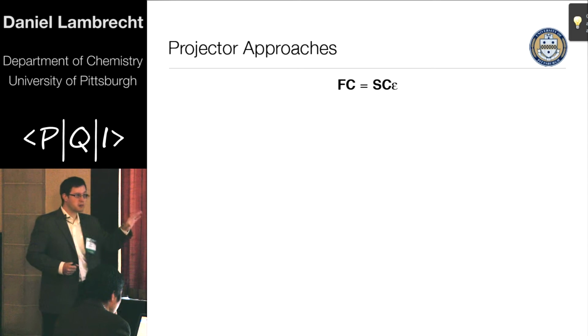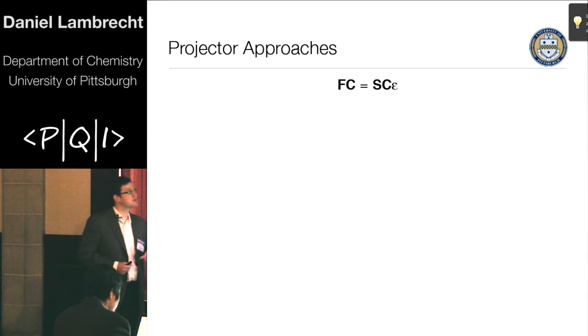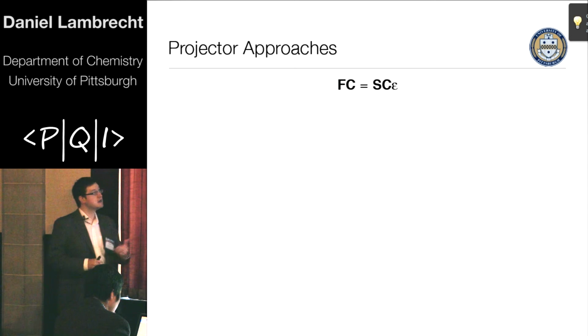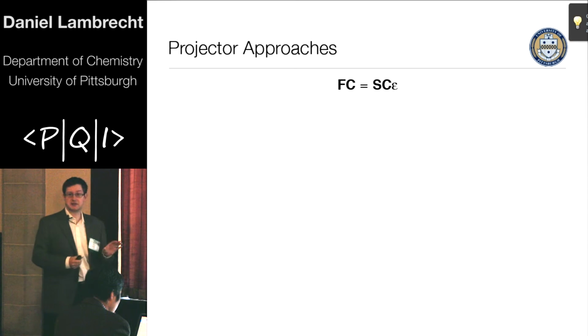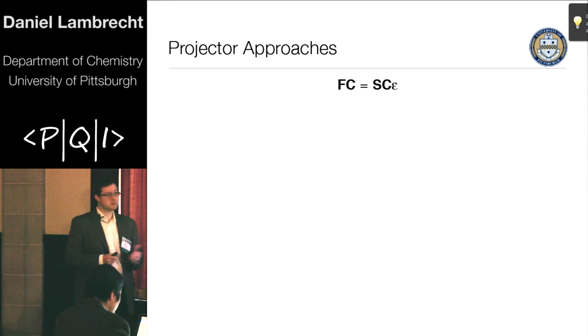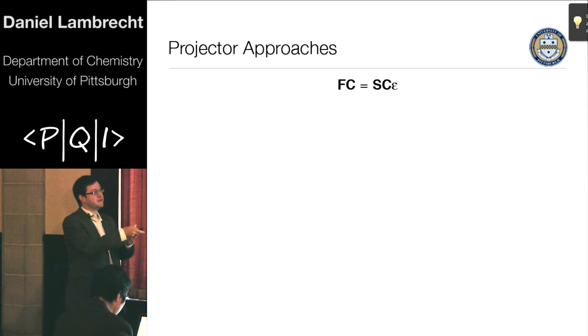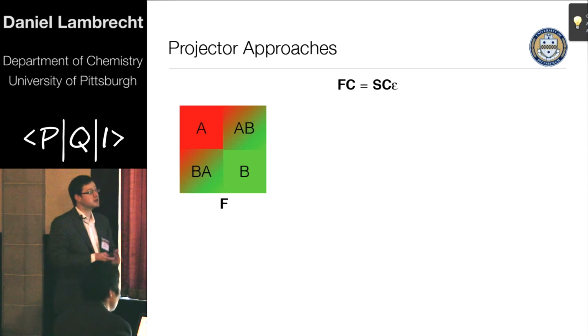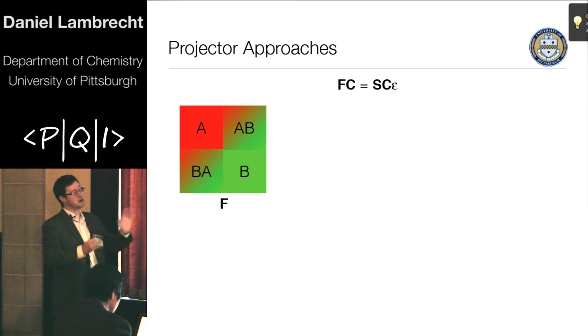Now, this is probably a very well-defined, very accurate approach. On the other end of the scale, there are projector-type approaches. These are much simpler. One assumes that one can describe the systems reasonably well with an approach such as density functional theory, with its effective one-electron Hamiltonian, the Fock operator or Fock matrix. So for a system with two molecules A and B, there would be these diagonal blocks here for A and B,